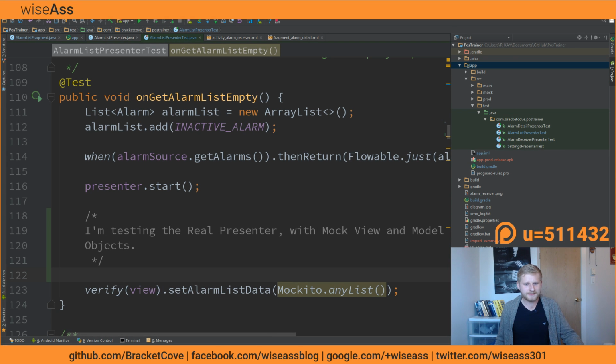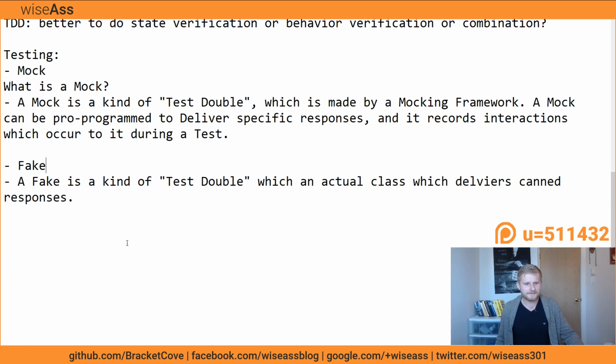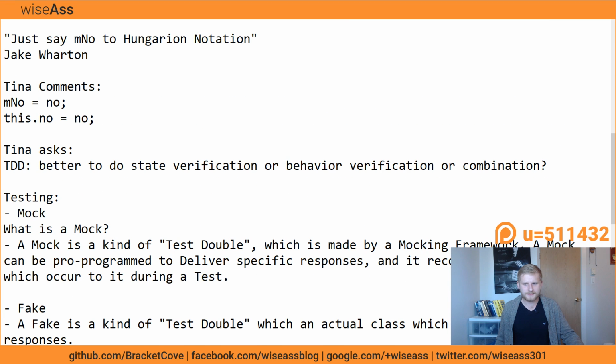So the question was, let me see if I can pull up an implementation where I've used fakes. Okay, let me pull up a repo. I think I used fakes in Profiler. Let's see if I actually did that.